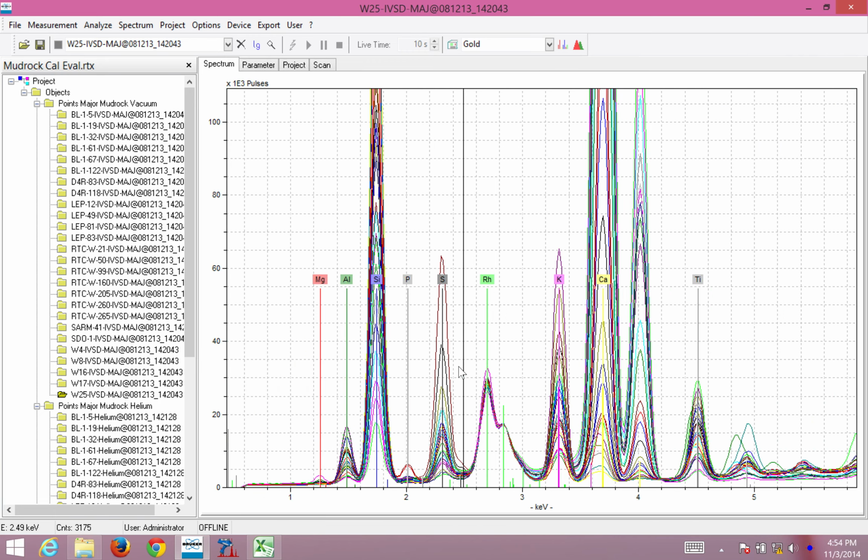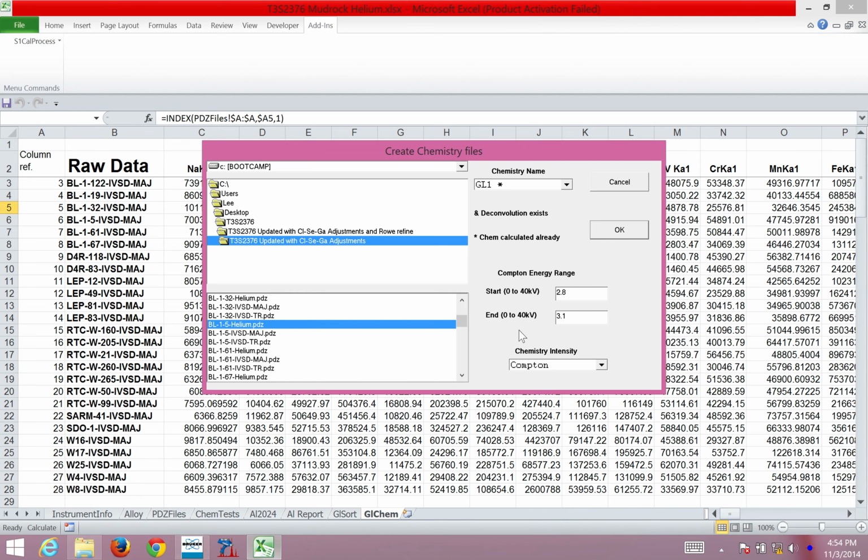So that is what is happening here, 2.8 to 3.1 keV. Keep in mind, where you normalize to is perhaps one of the most important steps in a quantification procedure for X-ray fluorescence. It's also one of the most frequently neglected, at least that I've seen in my experience. We're going to highlight this a little bit later when we look at the helium cal, but for now we're going to use the defaults. I then click OK,